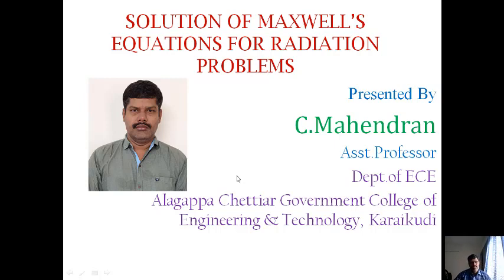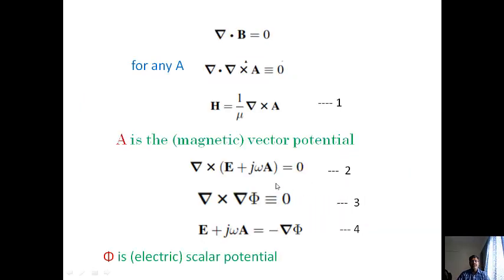Suppose we want to compute the electric and magnetic field produced by this current J which flows on any antenna structure. We can use two Maxwell's equations. One of them is del cross E equals minus dou B by dou t, and the other equation is del cross H equals J plus Jd, that is displacement current density. And these both equations are called coupled equations because here the electric and magnetic field both are present.